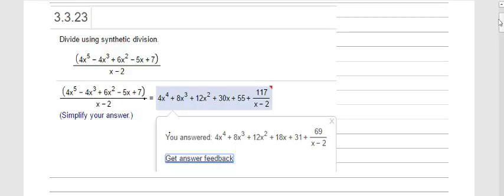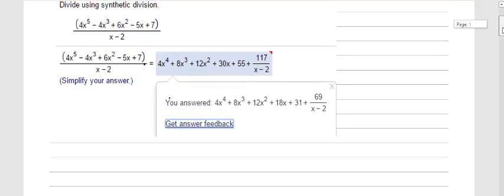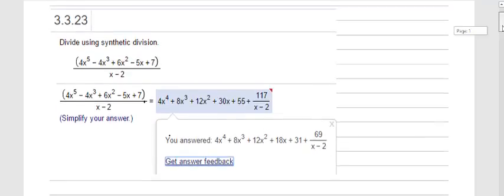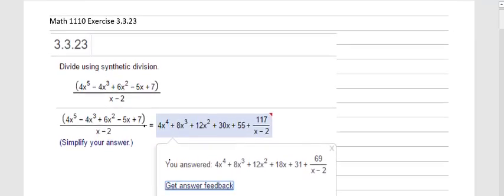Okay, let's take a look at exercise 23 from section 3.3. We're asked to compute this division using synthetic division. So we have a fifth degree polynomial divided by x minus 2. So when we convert this to synthetic division,